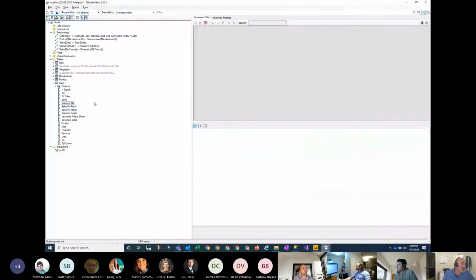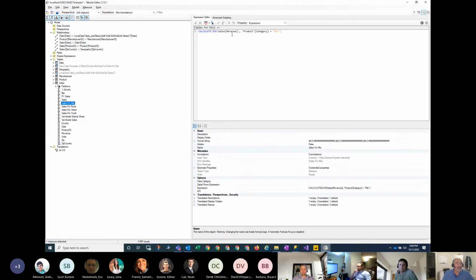But one of the things that I want to do here is I want to actually come in here and change those measures, the expressions. So if I click on any one of these, I can see the expression. I want to change this sum sales revenue. Now, again, I could manually do it, and it would be a little faster because it's going to immediately accept my entry, and it doesn't make me wait. I can click on my next measure if I want. So that's good, that's faster. But I can actually do what's also called scripting. So let me put this back here.